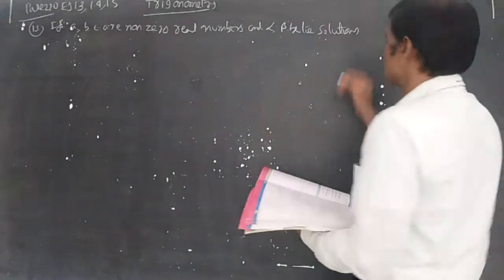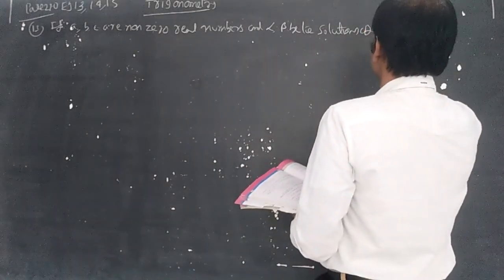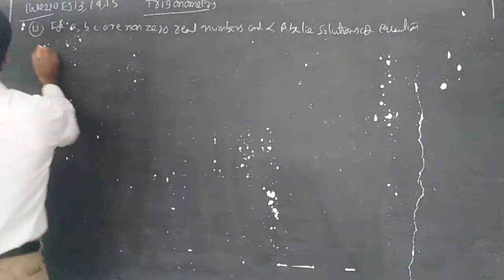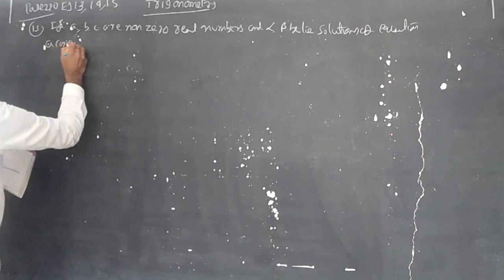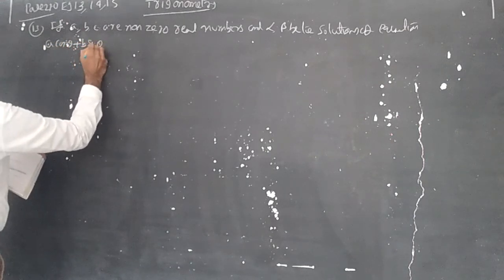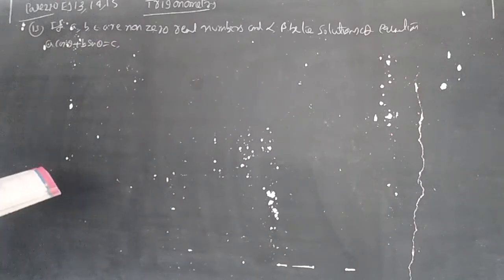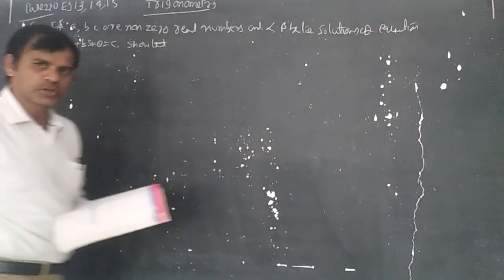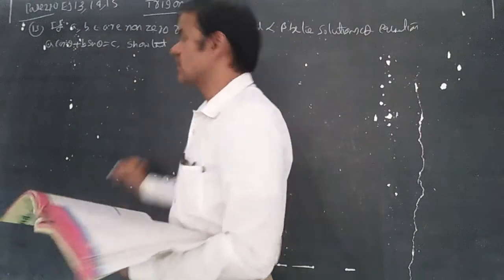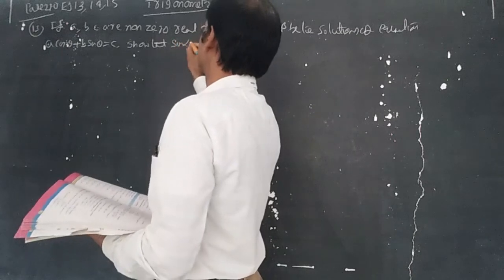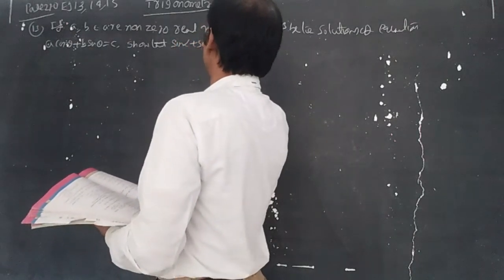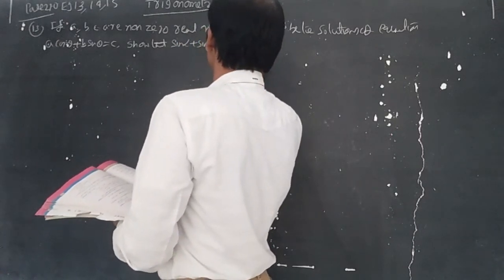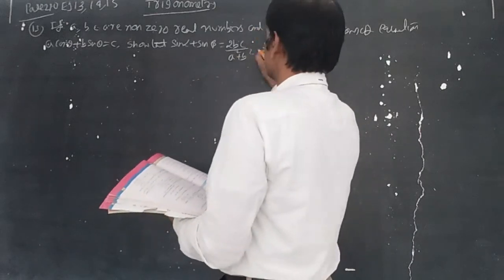Alpha, beta, solutions of the equation a cos theta plus b sin theta is equal to c. Show that, using this equation, we need to prove that sin alpha plus sin beta is equal to 2bc by a square plus b square,